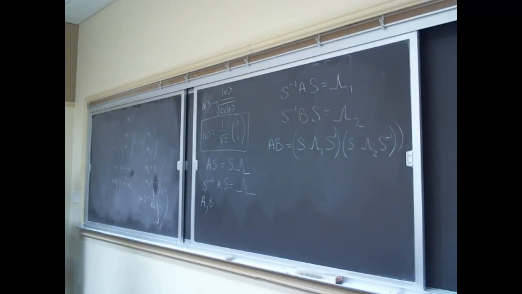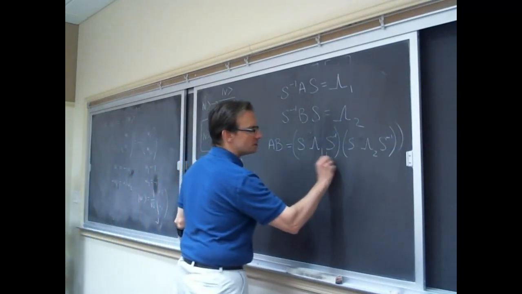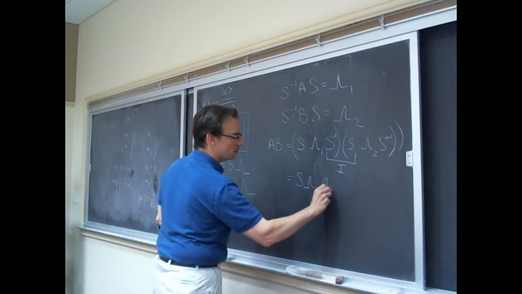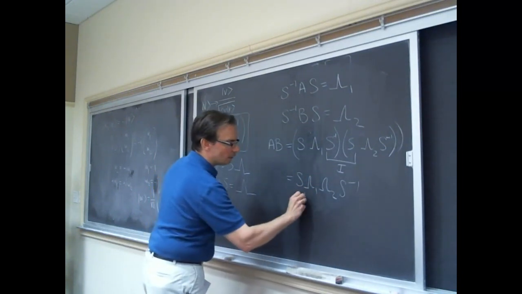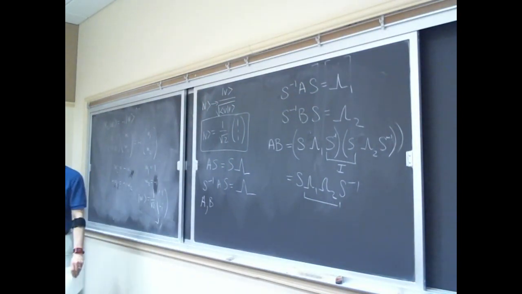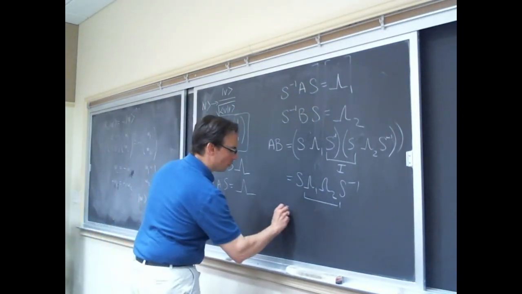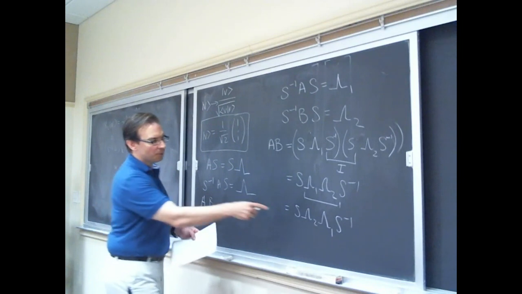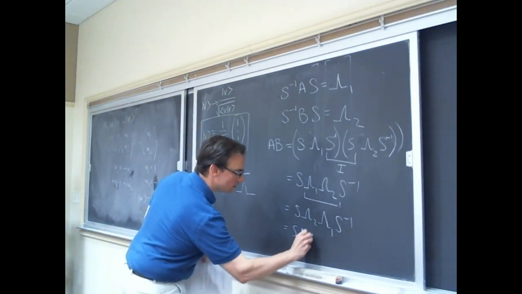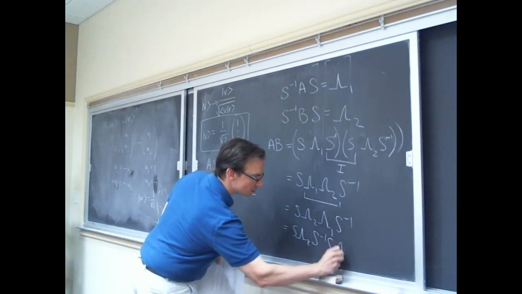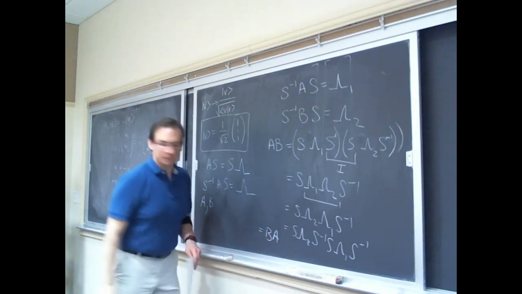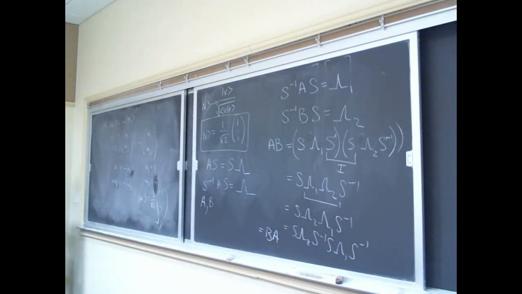Having written the product that way, this product right here just returns the identity. So we have S lambda 1, lambda 2, S to the minus 1. And remember what I said about diagonal matrices, they always commute. So this is equivalent to S lambda 2, lambda 1, S to the minus 1. And then if you put back in S minus 1, S lambda 1, S to the minus 1, this is just equal to BA. So it seems like a trivial thing, but it's actually quite powerful because, as you'll see next time